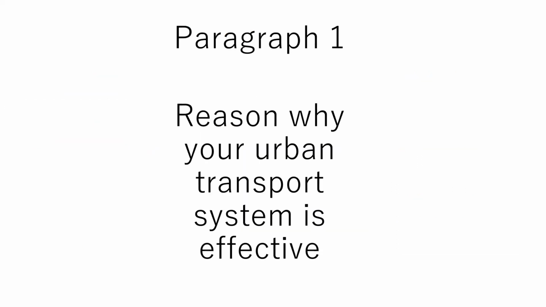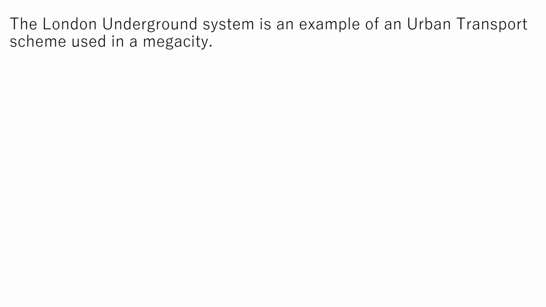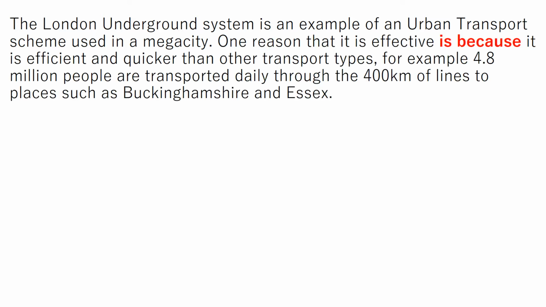So paragraph 1, why your urban transport system is effective. Now the transport system I'm going to be focusing on is the London Underground. So the London Underground system is an example of an urban transport scheme used in a mega city. So one reason that it is effective is because it is efficient and quicker than most other transport types. For example, 4.8 million people are transported daily through the 400 kilometers of lines to places such as Buckinghamshire and